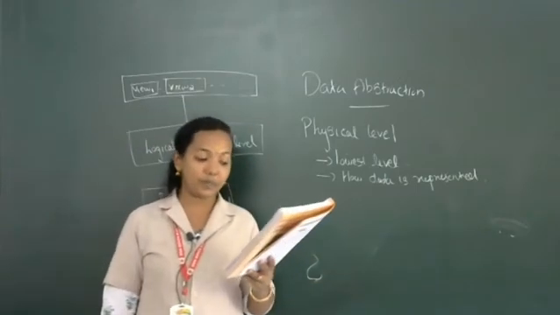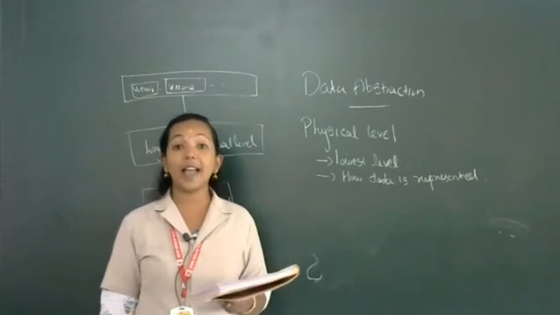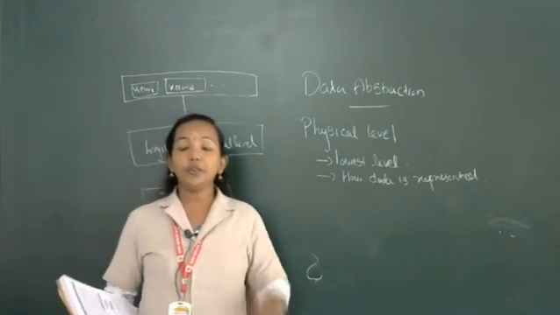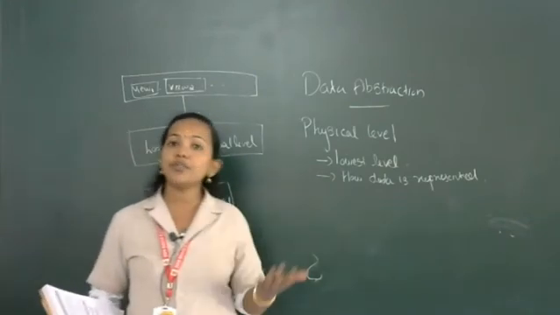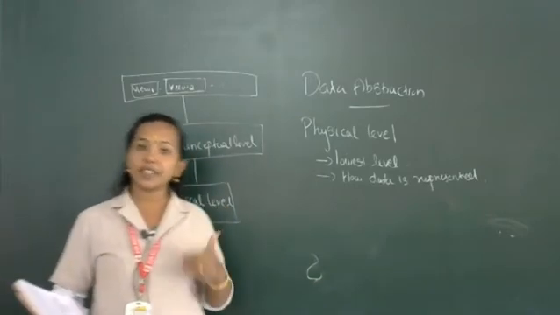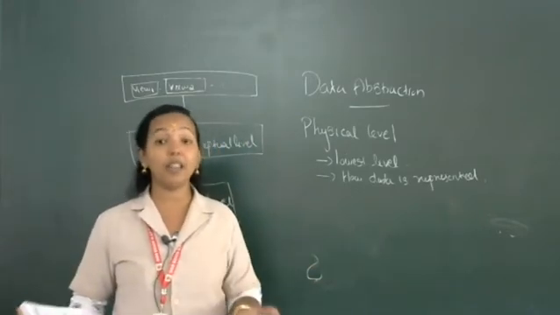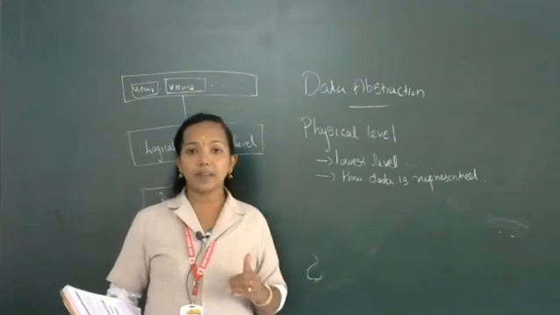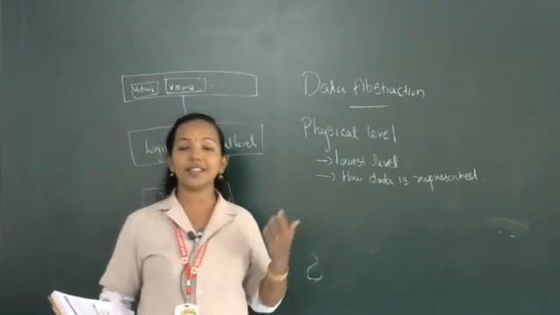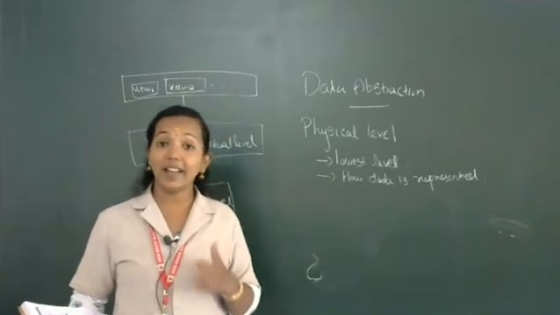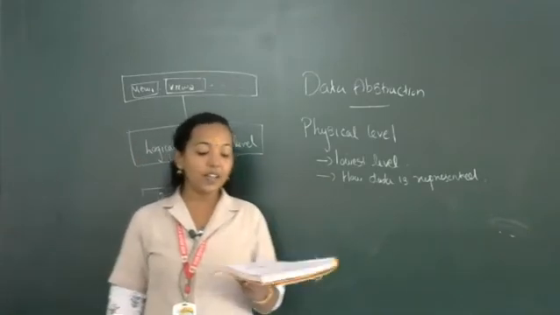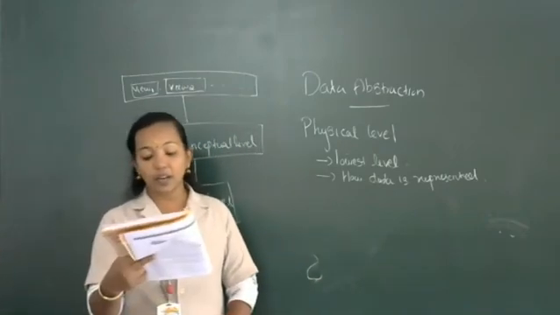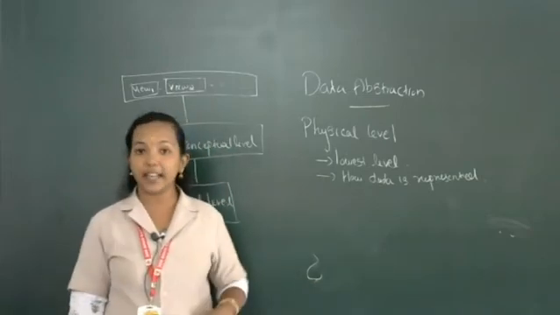The lowest level of abstraction describes how data is actually stored in secondary storage devices like disks and tapes. You know, DBMS consists of a huge amount of data. So sometimes instead of system memory, we can maintain a secondary memory for storing this huge amount of data. So that's why in physical level it is represented how data is actually stored in secondary storage devices like disks and tapes. Then the physical level describes complex low-level data structures in detail. We must decide what file organizations are to be used to store the relations.